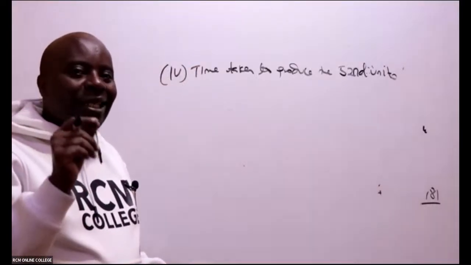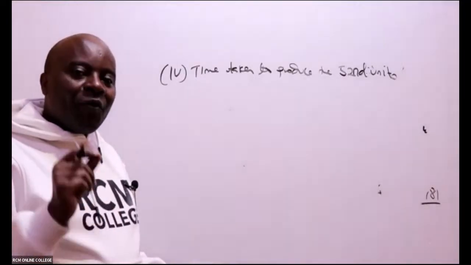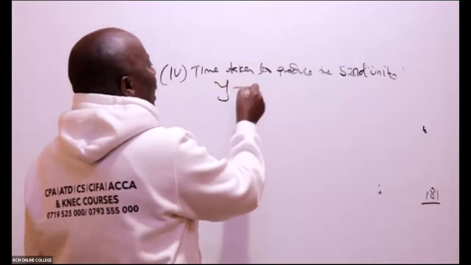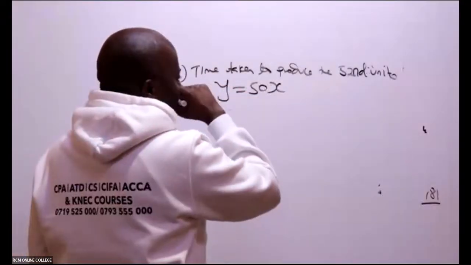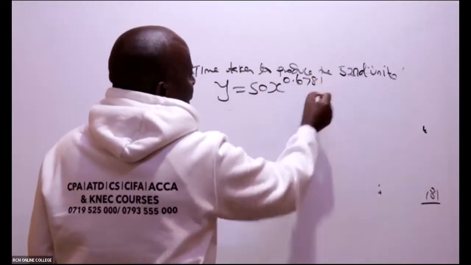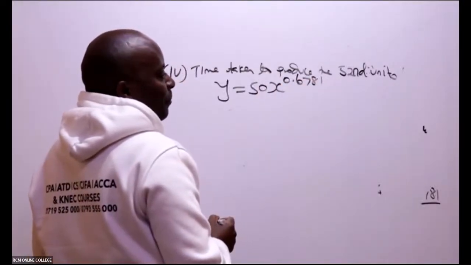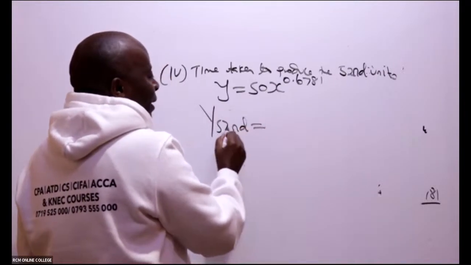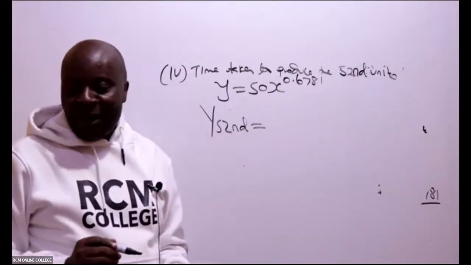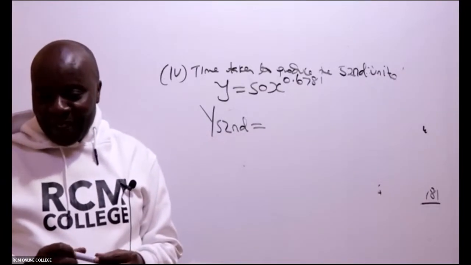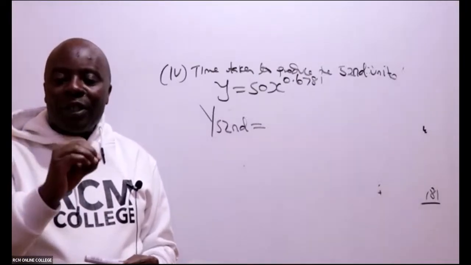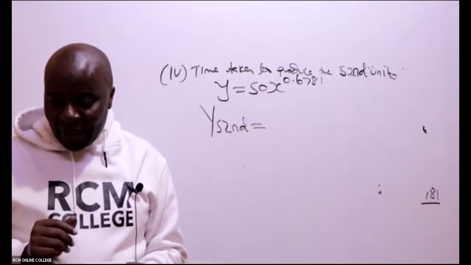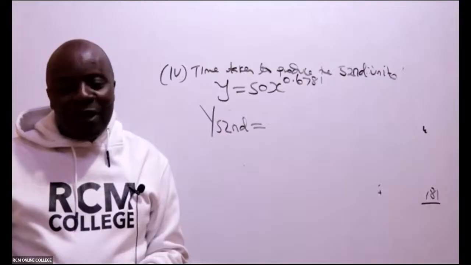It is not X being 52. They are very specific for a particular unit. So remember, we know that our Y is 50x raised to 0.6781, right? But you see, they want Y 52nd. Can somebody help us expand this? This needs expansion. Because if you say X is 52, then we'll be accounting for all the units up to 52. Thank you so much, Aggie. We cut 51. These students are geniuses, I can tell you.